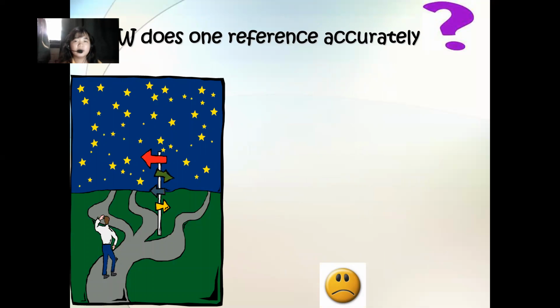Okay, so how does one reference accurately? Now, always remember class, although the majority of researchers use APA format, it differs per university. There are others who would like to ask for an APA format but you must provide a brief explanation of each reference, which is very tedious. For example, if UNOR requests the 7th edition of APA format, but Santa Rita only uses the 6th edition. So, it depends on the school.